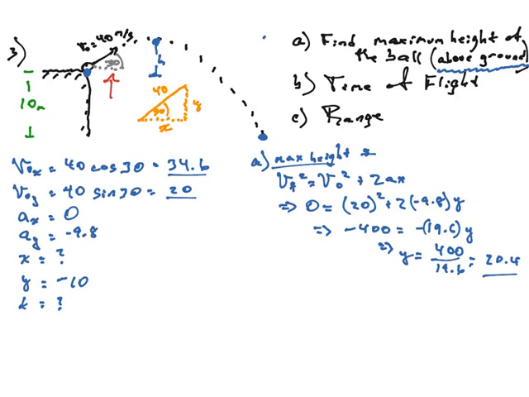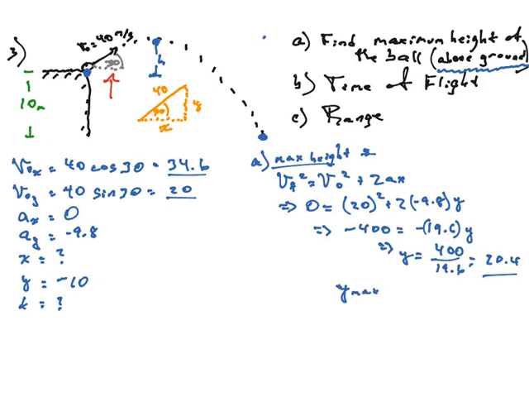I drew it on my picture. I drew the maximum height above where I started from. So I started from the top of the cliff, and then I went an extra 20 up. But what I'm looking for is the total height from the very bottom ground. So the real height then is,